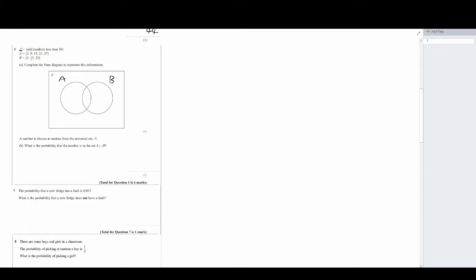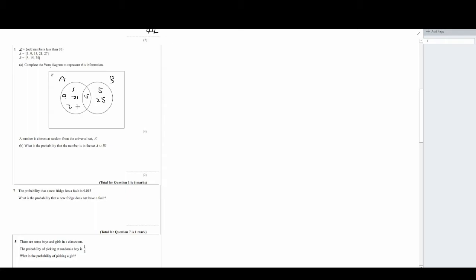So there's only one number overlapping, 15. So what you won't do is put 15 here and 15 here, because representing on a Venn diagram, the 15 is common to both. So the 15 goes in the space dedicated to numbers that are common to both. Next, we're going to start with B, 5 and 25. A has 3, 9, 21, and 27. However,